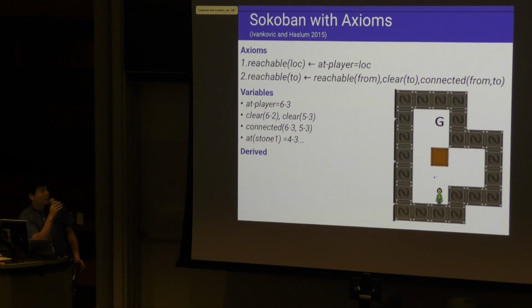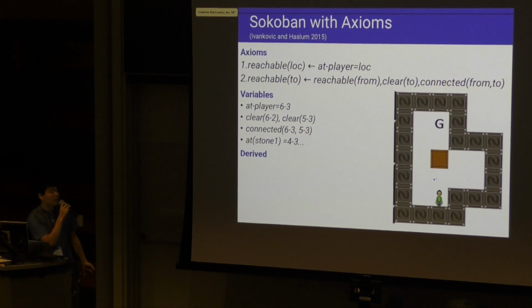There is, however, another formulation of Sokoban using logic-program-like rules called axioms. Axioms are rules for determining the values of secondary or derived predicates from the values of more basic predicates. Here, axioms determine the values of reachable variables, which represent whether a particular location is reachable from the current player or not. Intuitively, the first axiom states that the current position of the player is reachable, which is sort of obvious. The second one states that the locations adjacent to reachable locations are also reachable.